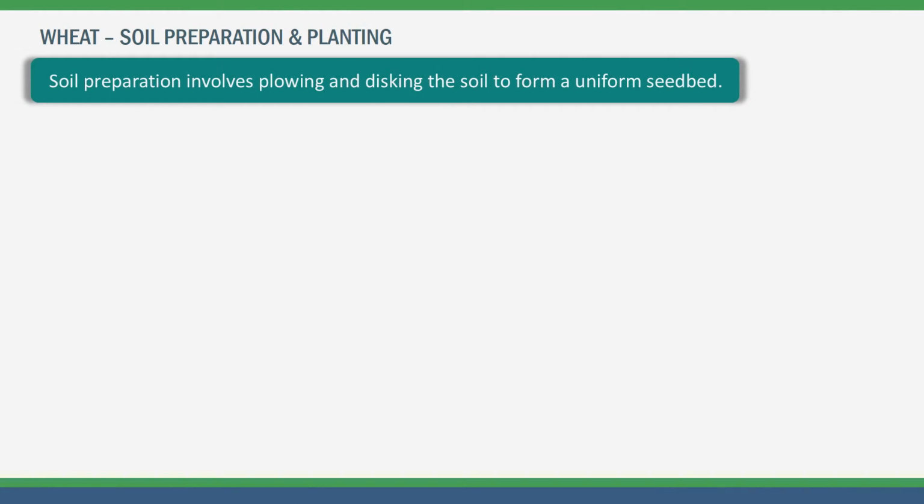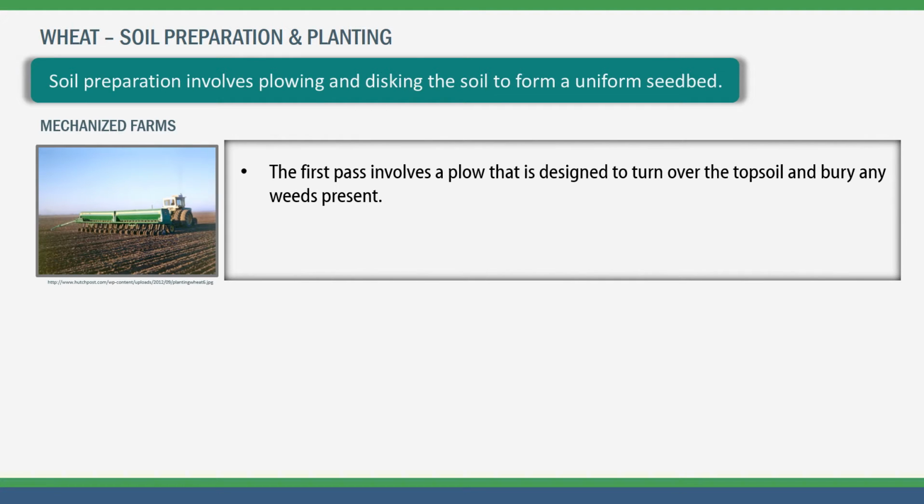Soil preparation involves plowing and disking soil to form uniform seed beds. With small grains like wheat, the soil will have to be tilled until dirt clods are no larger than the size of the seed itself. In highly mechanized industrial farms, there are several different implements that can be used to break the soil down into smaller fragments. The first pass usually involves a plow that is designed to turn over the topsoil and bury any